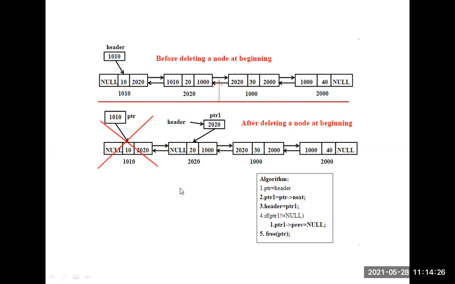That is, if head of left link is head, it means the list is empty. Okay, the list is empty. So if you want to delete this node, the next node address is stored here. This name is header. So this header of right link contains the address of the next node. So what we can do? See here.